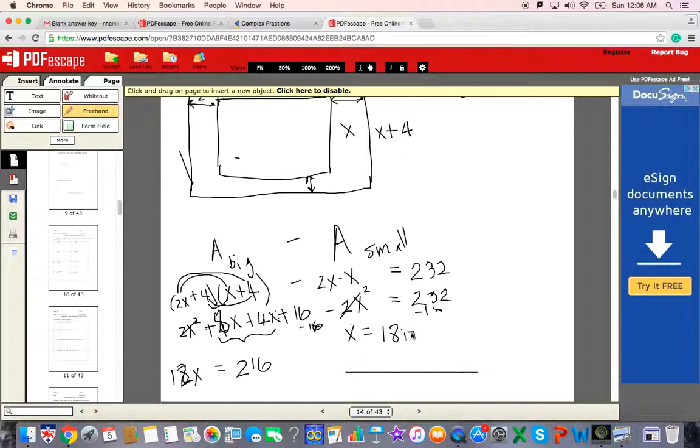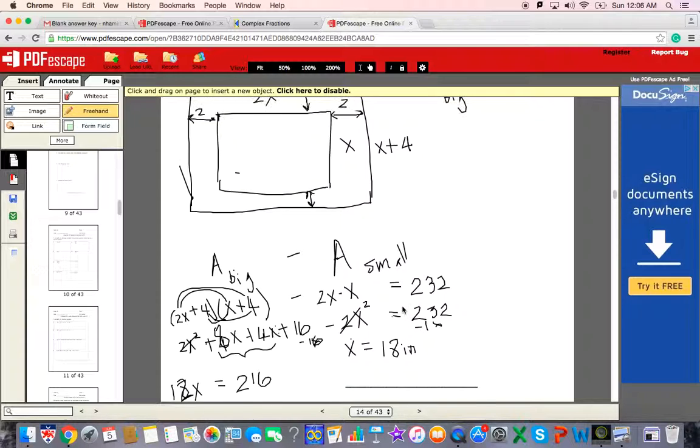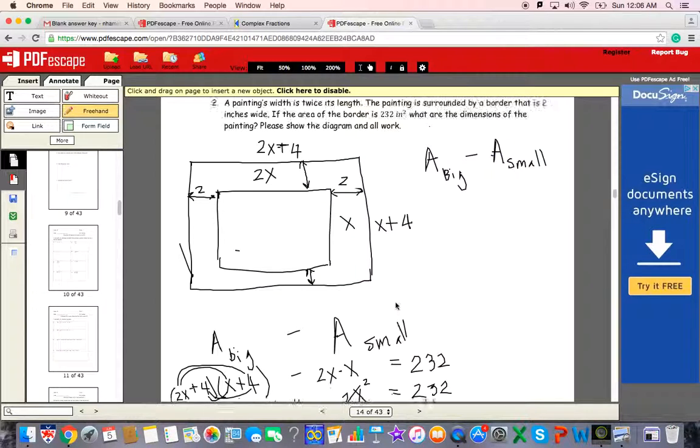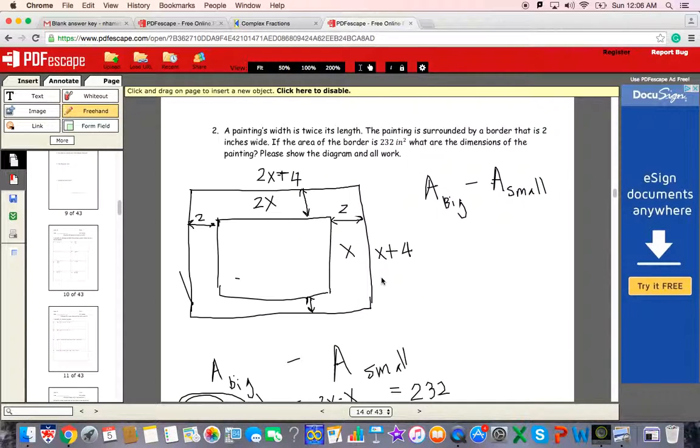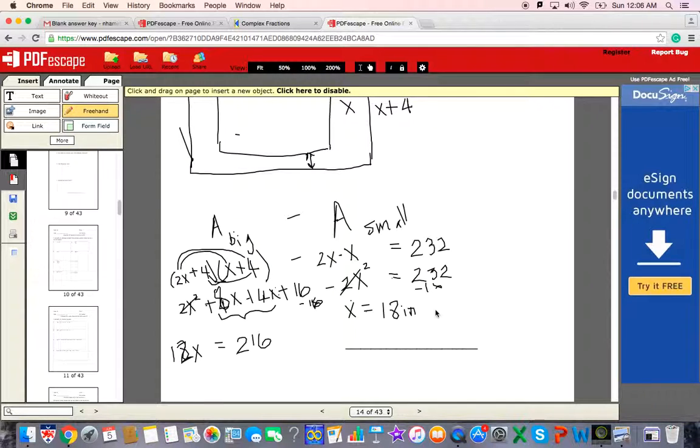But always go back to what the question is asking for. The question is asking for the dimensions of the painting. So we know that x is 18. So now we need the dimension going across here. That means 2x. So the length of the painting is 2 times 18. So the length is going to be 36. So dimensions are 18 inches